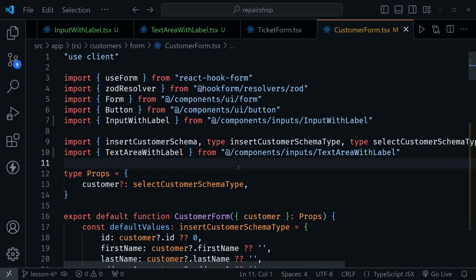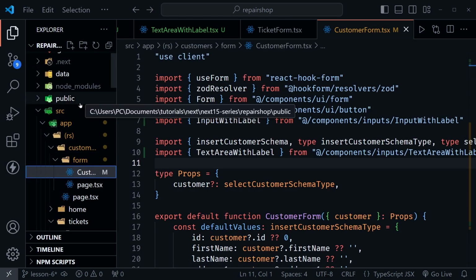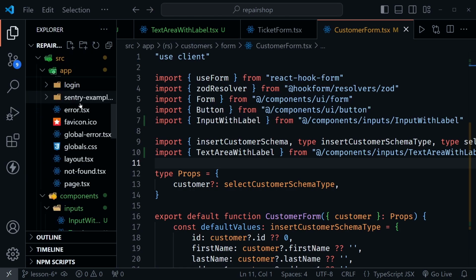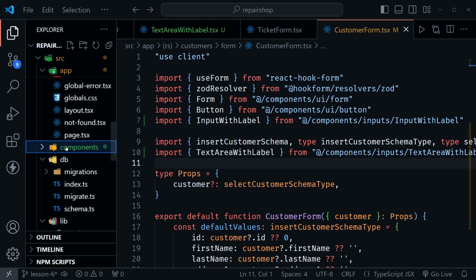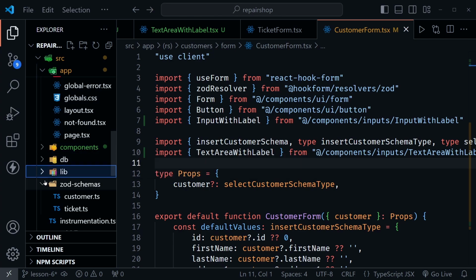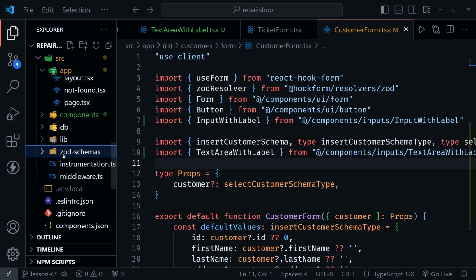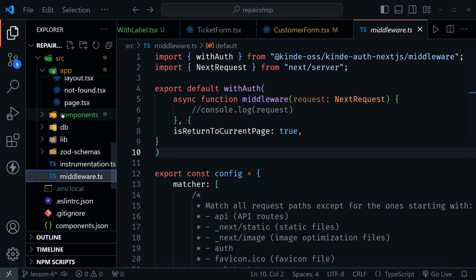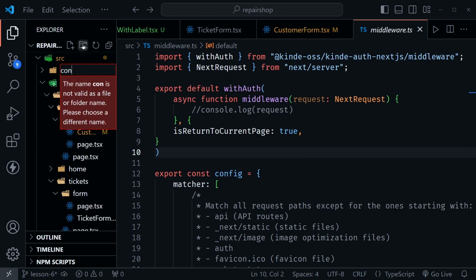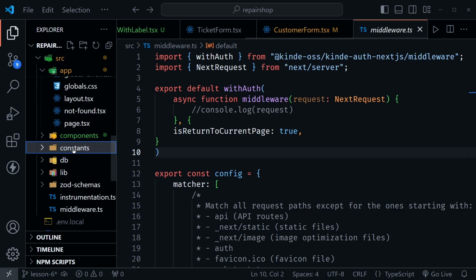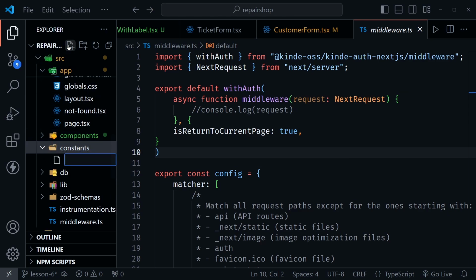Okay, back in VS Code, let's open up the file tree once again, and let's scroll down to our components directory that we have. We can close that. I just wanted to be on this level, essentially, so I want to close any of these directories. And I want to click on something like the middleware here so I can create something new in this same level. And what I want to do is create a new directory and call this one constants. Now inside the constants directory, which you can see is now positioned right below the components directory, I want to create a new file and I want to call this